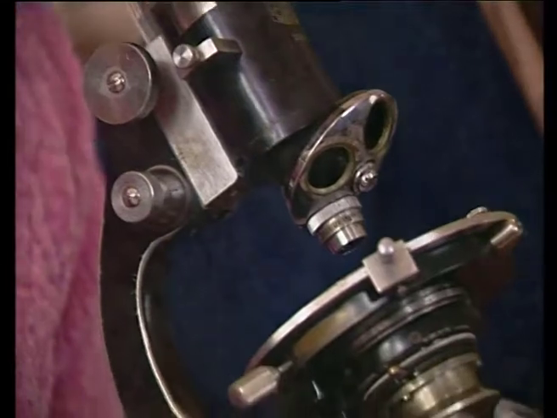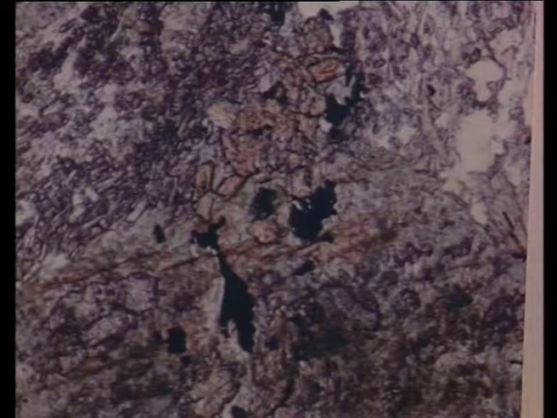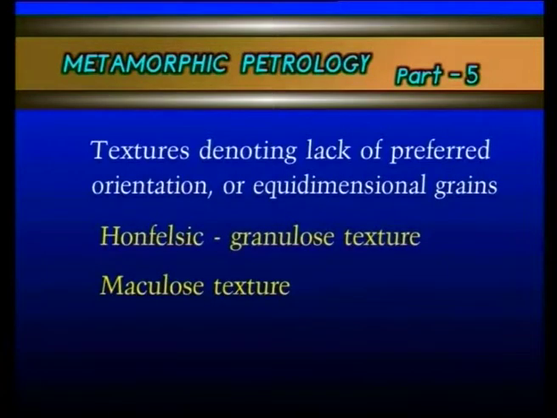If we see the hornfelsic textures, then normally some sort of wrapping is present. Say in the case of andalusite, the andalusite is wrapped in a micaceous flake, and so the maculose structures. Here the groundmass is very fine,